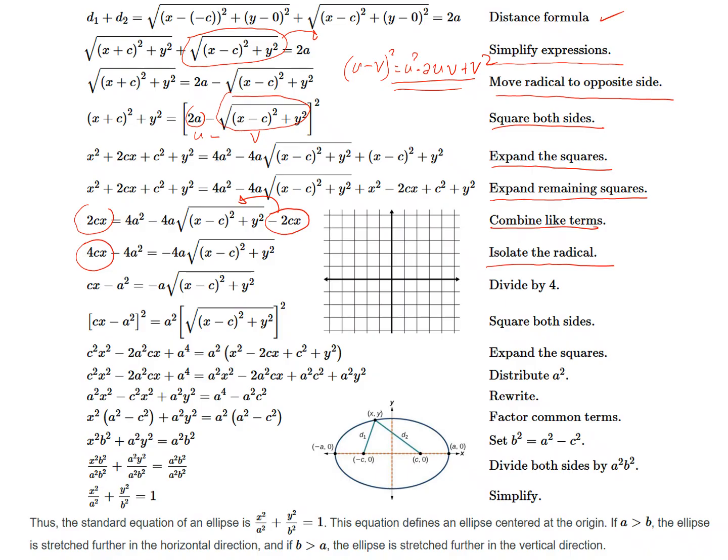Okay, and then we move this to the other side also, this one. Transpose this to the left, that's why we have negative. So when you transpose this to the left, this becomes negative. And then you transpose this to the left, you combine with this 2cx, because this one becomes positive 2cx. So we have now 4cx minus 4 squared equal to, so the right side, the radical and its coefficient, this one.